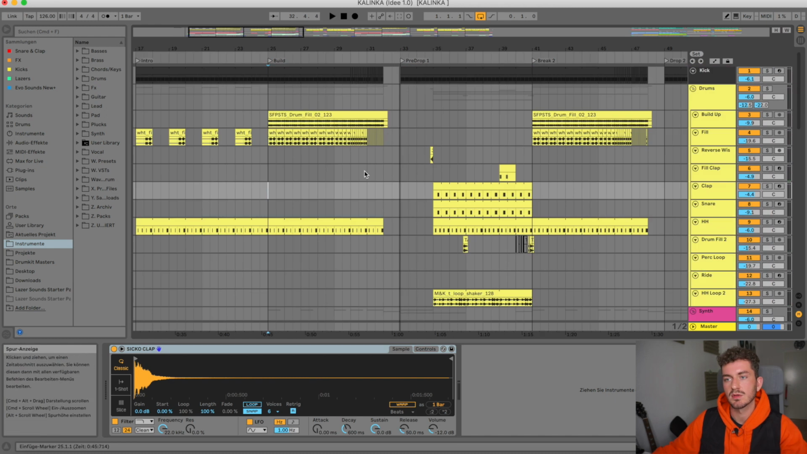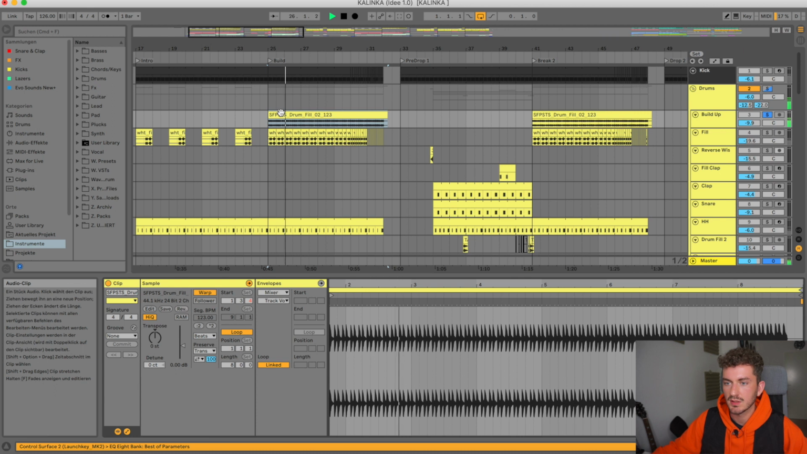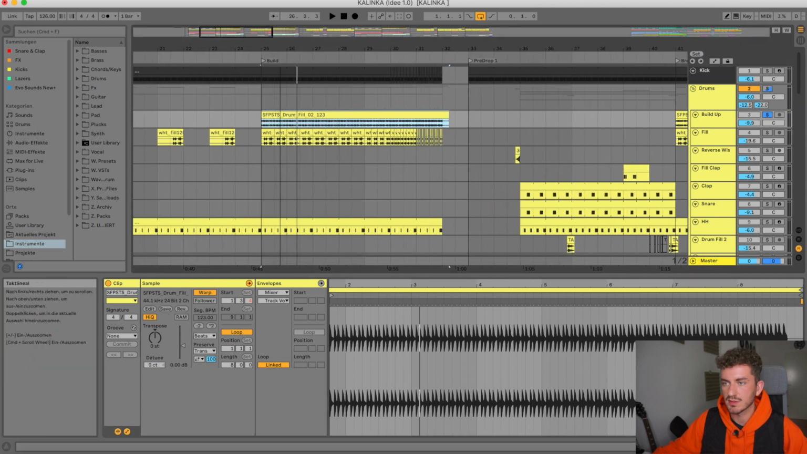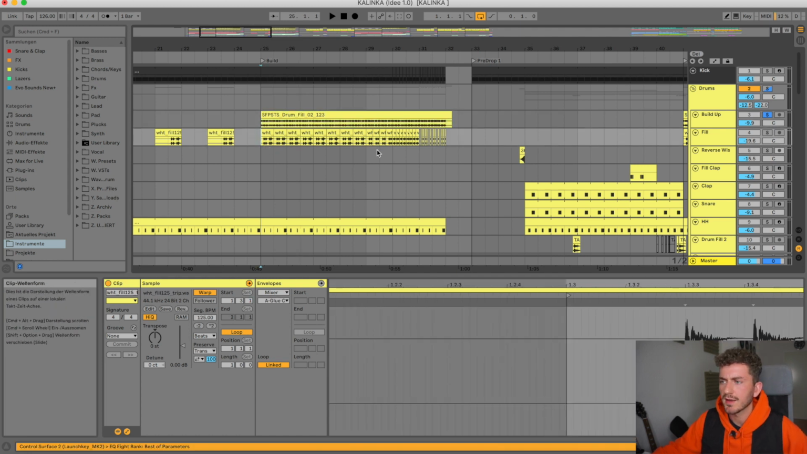So as you can hear, I cut off the low ends a bit, bring in some drum fills. So let's see what I do here. I put in these build-up drums, this one. It's just a loop I found on the internet or on Splice maybe, I don't know. I loop the fills